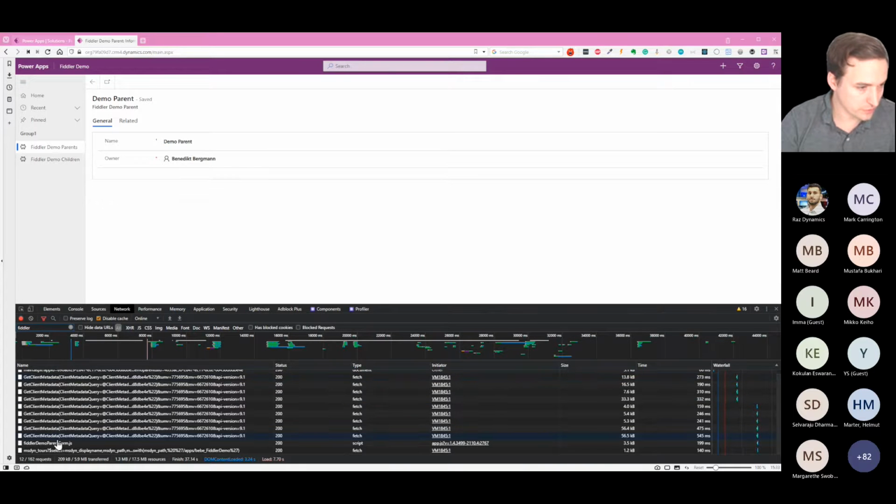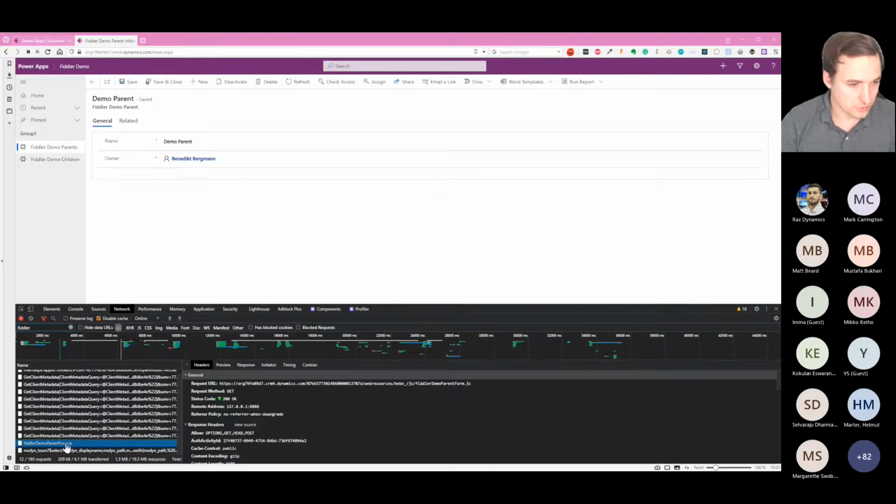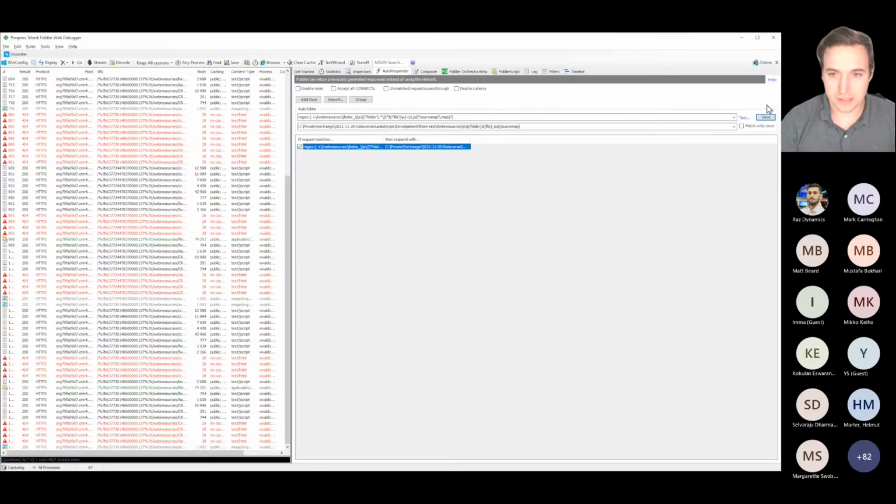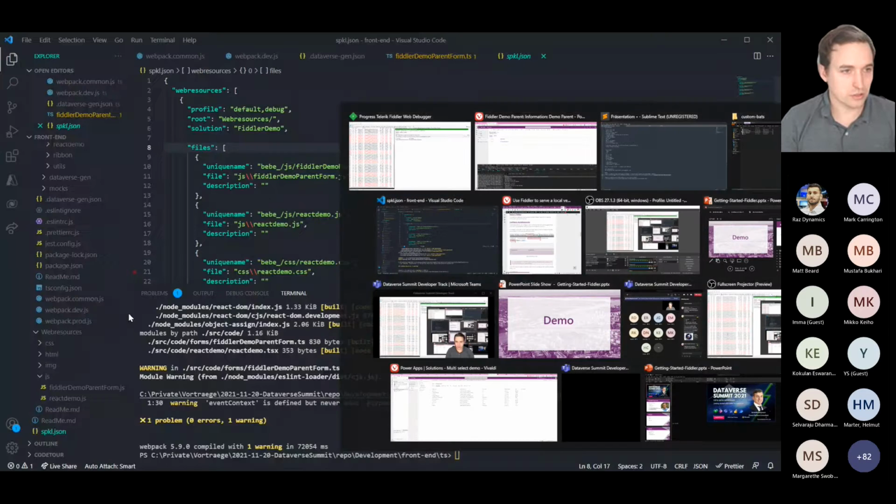Fiddler demo parent over here. If you open that, we have the URL that was requested. You can copy it and go to Fiddler and press this little test link, and it will automatically paste in the last thing we copied, and it will test it again. That's the pattern, so this will be matched. So our regex is working, and the Fiddler demo parent will be matched here. So let's activate the routes and go to our